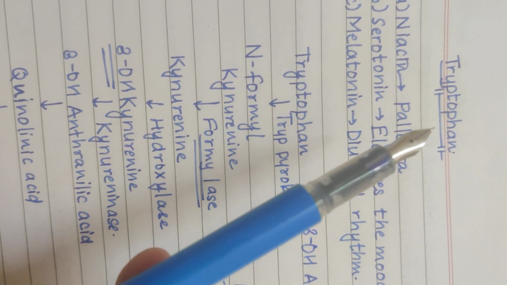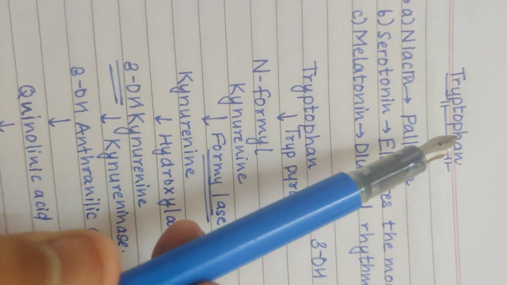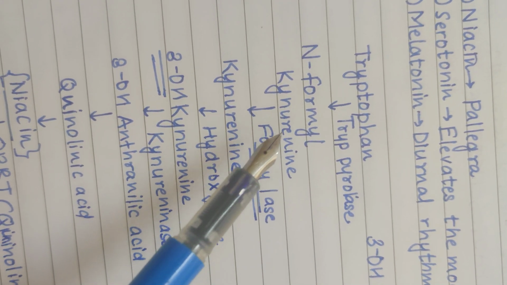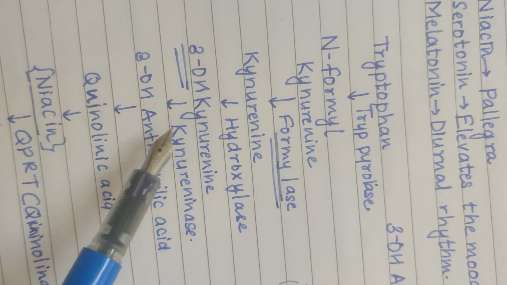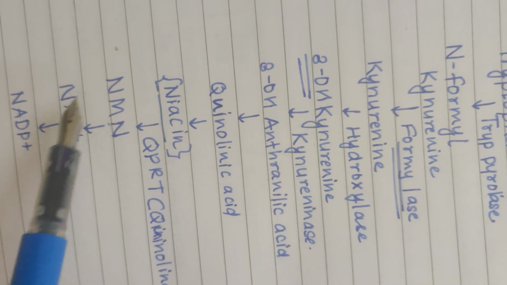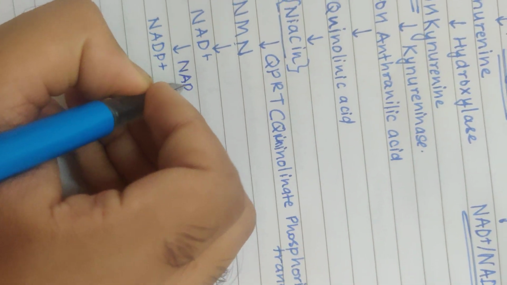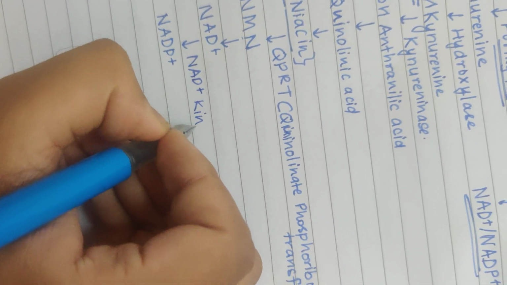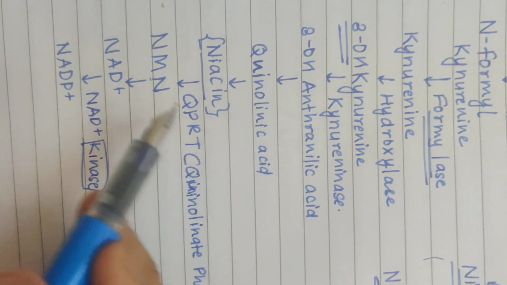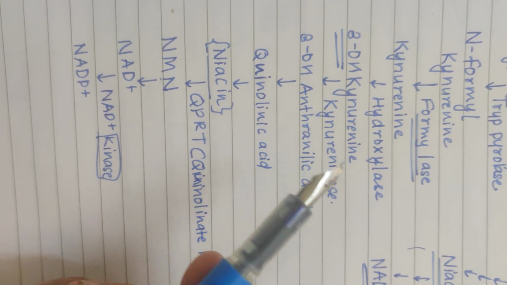You can write about Hartnup's disease, because Hartnup's is basically imperfect absorption of tryptophan. Then we move on from tryptophan to N-formylkynurenine, then kynurenine, 3-hydroxykynurenine, 3-hydroxyanthranilic acid. Then we got through the intermediates to NAD plus and NADP plus. Over here you can remember that NAD plus kinase is used, because kinase in any reaction means the addition of phosphate, right? Like phosphofructokinase, which was the key enzyme in glycolysis, was adding one phosphate group